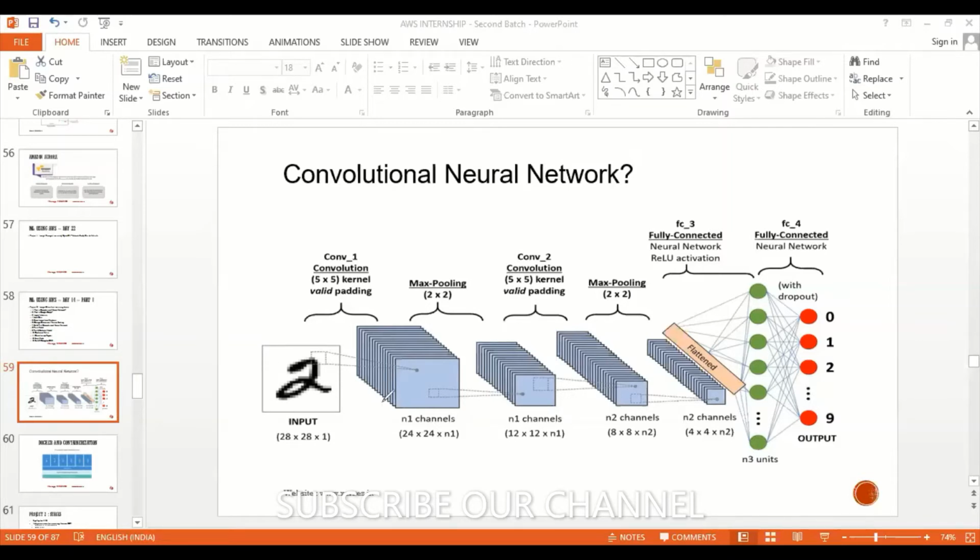I'll try to create the batches here of this. Now, when it comes to creating the batches, so when it comes,